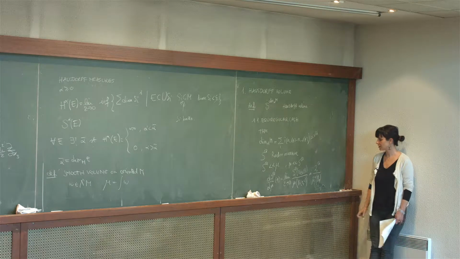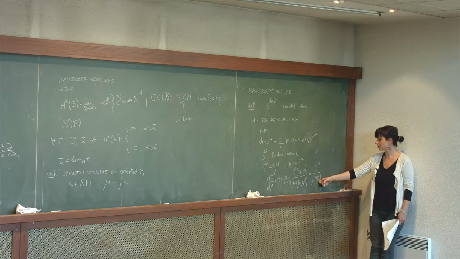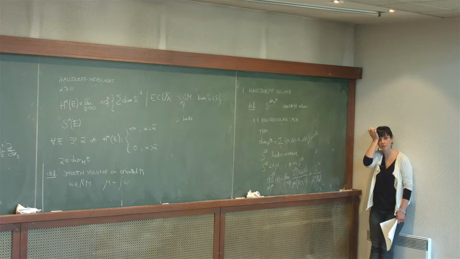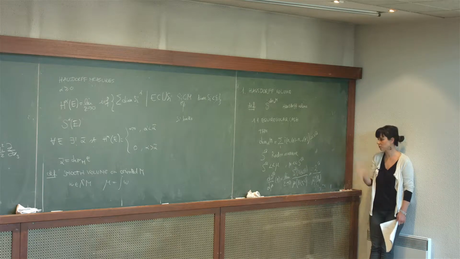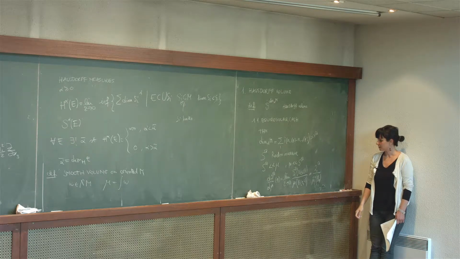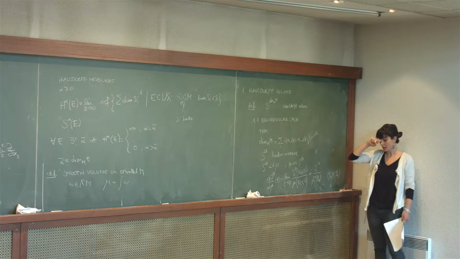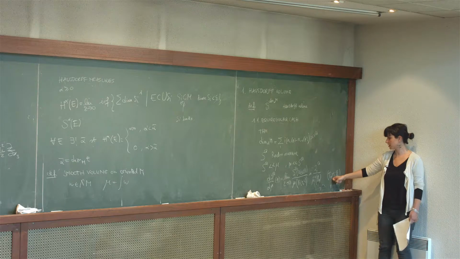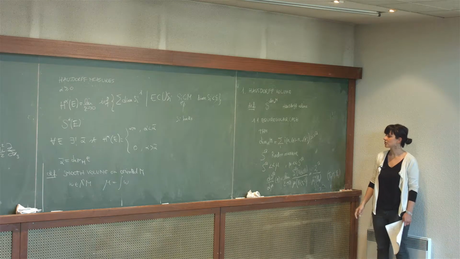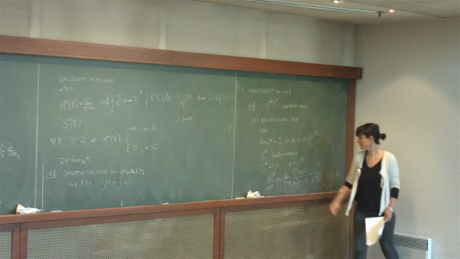So what is this object? B hat q is the unit ball in the nilpotent approximation of the sub-Riemannian manifold at q. The nilpotent approximation, we know, is the tangent space endowed with a sub-Riemannian distance, which I denote by d hat q, and this is the unit ball for this distance. And mu hat q is a smooth volume on T_qM, which is canonically associated with the volume measure mu.